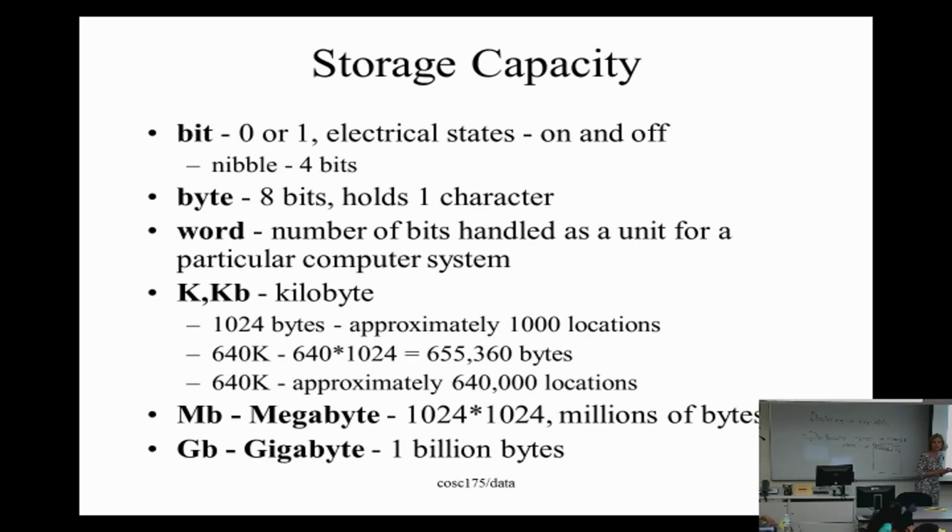And you're probably familiar with these terms. A megabyte is 1,024 times 1,024, whatever that is, but we approximate that to be 1,000,000 bytes. And a gigabyte, 1 billion bytes. So these are just